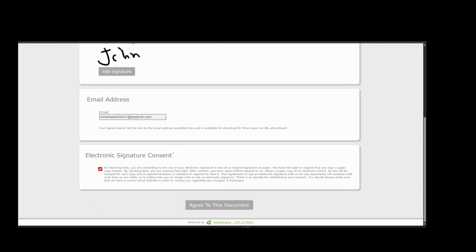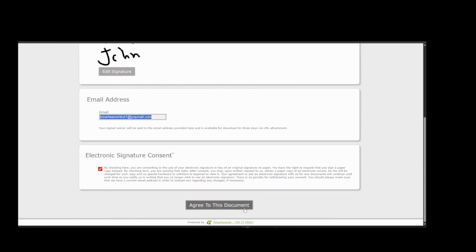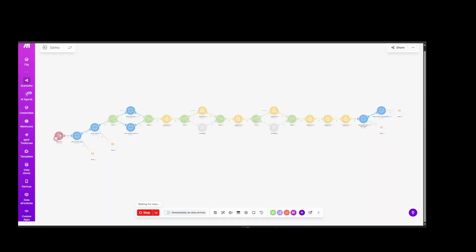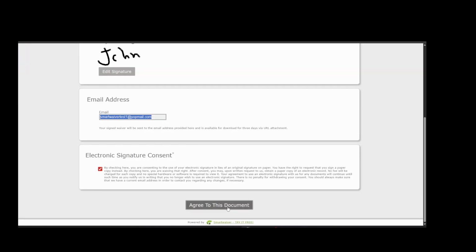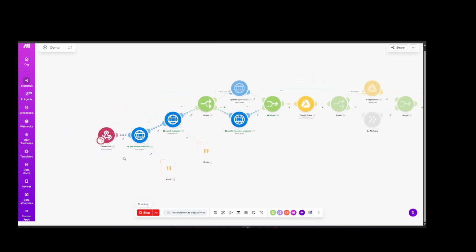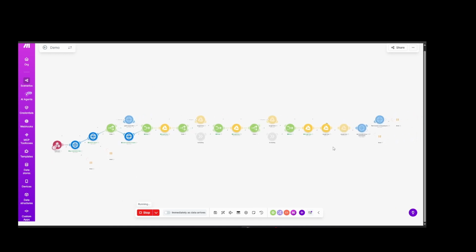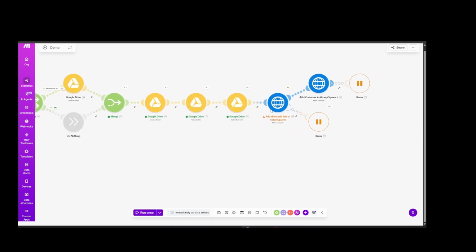Okay, so I am using this email to sign the waiver. Let's agree to this document. And so, okay, it is yet to trigger. As soon as I hit agree, let's see here. So we have filled our waiver and it has started running now. The webhook has triggered and the data is flowing through the nodes, and it is at the add shareable link